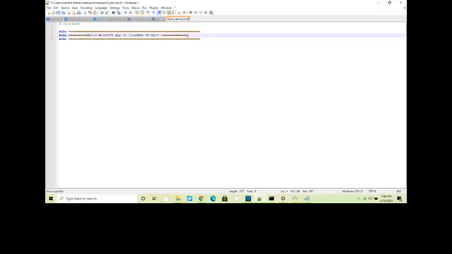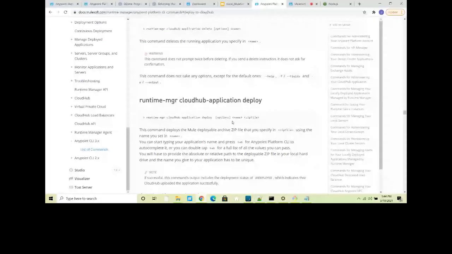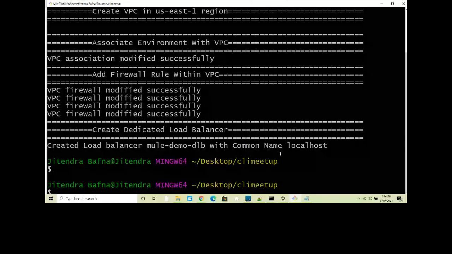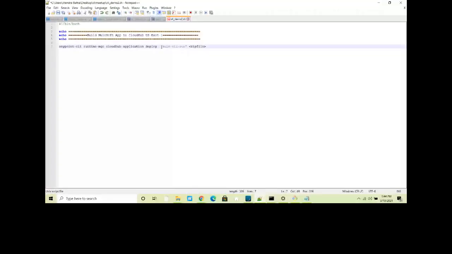Let me copy this command. Basically, you can use runtime-mgr cloudhub-application deploy, and you can copy this. Go back to your Notepad++. Then you can add the deploy option name. You have to give the name of the application, so I will say Mule CLI Surat demo, something like that.